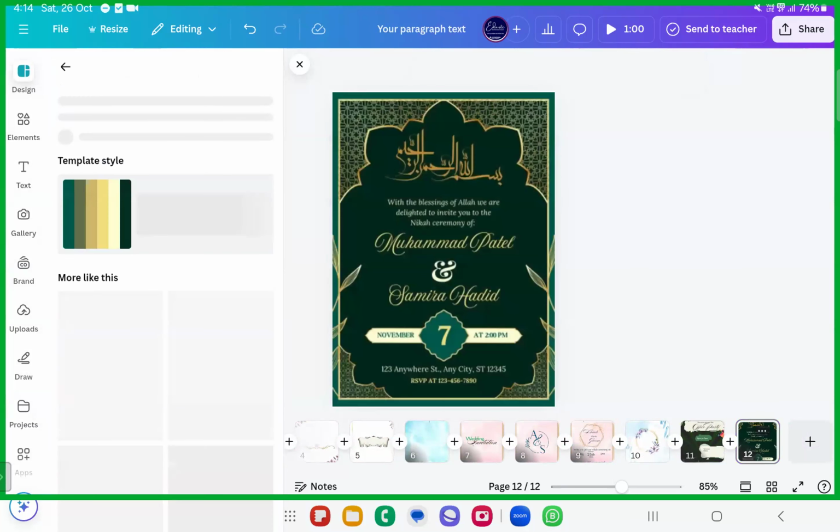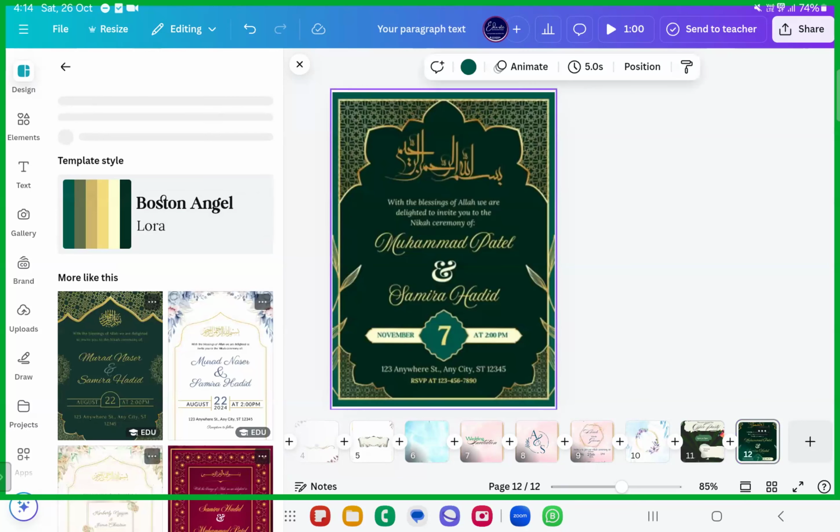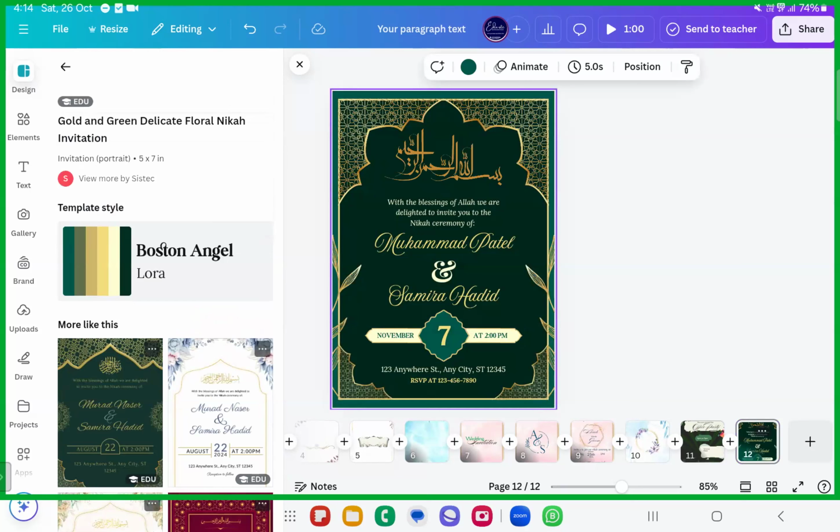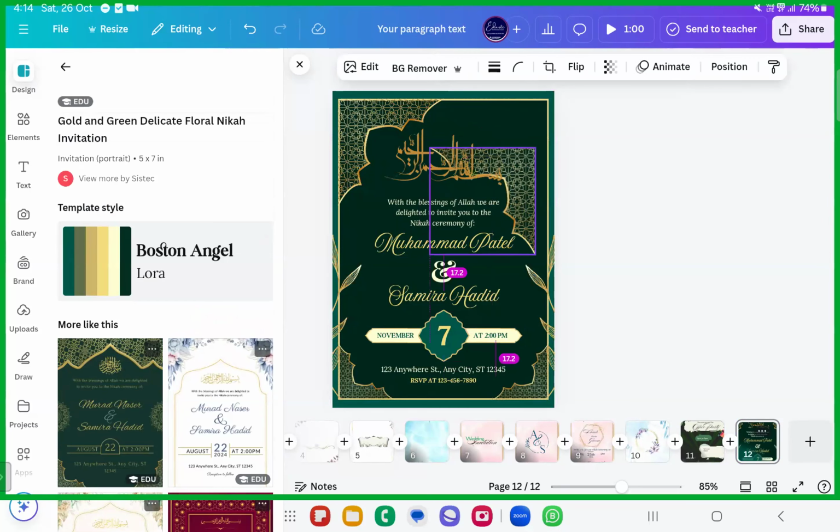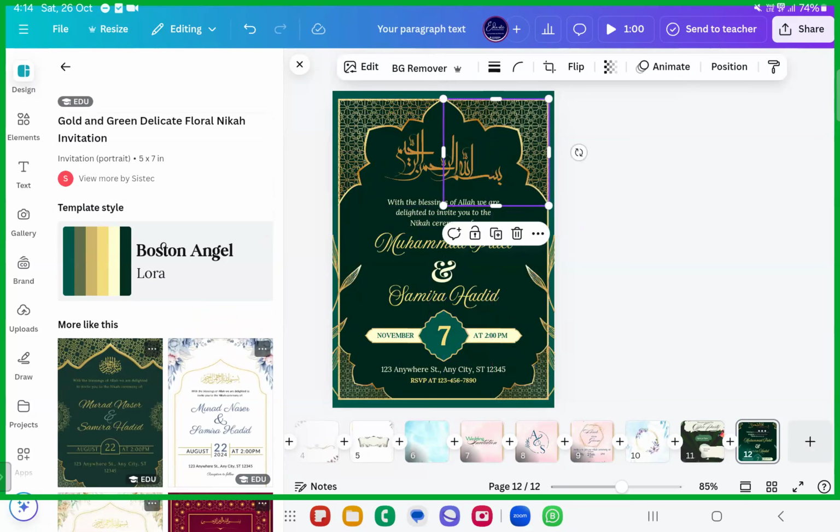See here, even the Islamic patterns. Usually for the Muslim invitation cards, Islamic patterns are used. So make sure you're using the Islamic pattern, something like this. Hopefully you know what these are. These are Islamic patterns. You can just go ahead and search Islamic patterns because these are all taught in the session. So I didn't try to use it. You can use the Islamic patterns, fine.